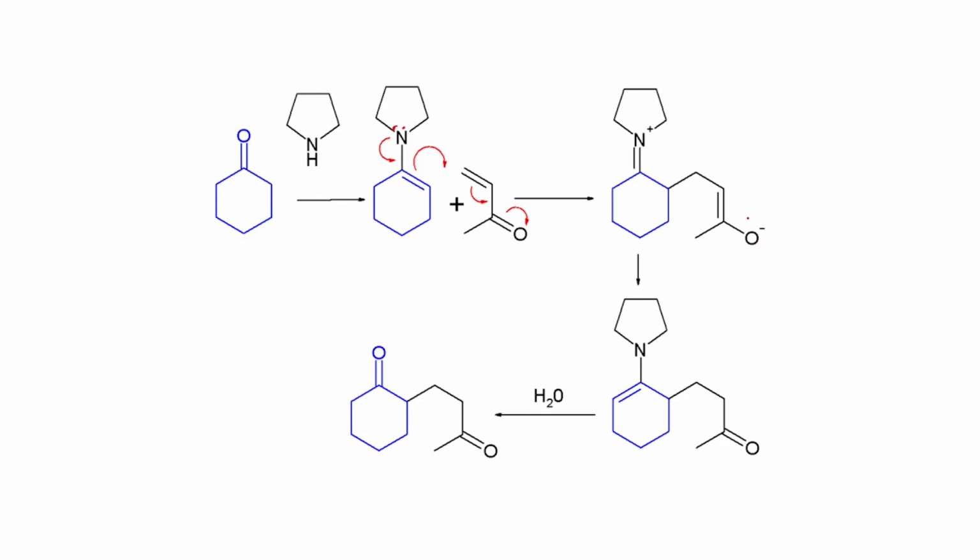And then the enolate can pick up a proton to give you the enol, which can then subsequently do a keto-enol tautomerism to give you this ketone. And now this intermediate here is positively charged. So it can just do a tautomerism to give you this enamine again. And now under hydrolysis conditions, you're going to generate back the ketone. Again, this is a very powerful method to form a carbon-carbon bond.